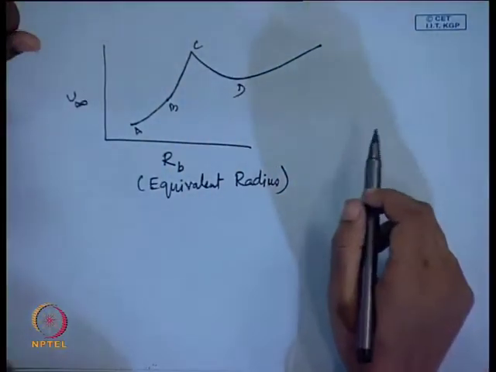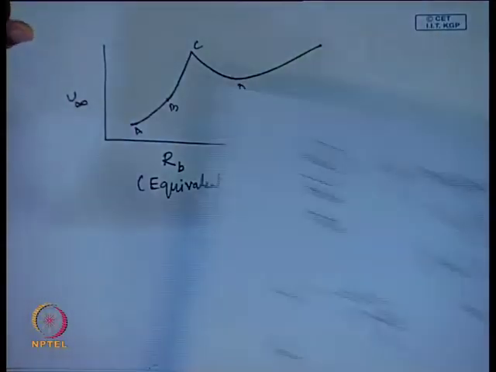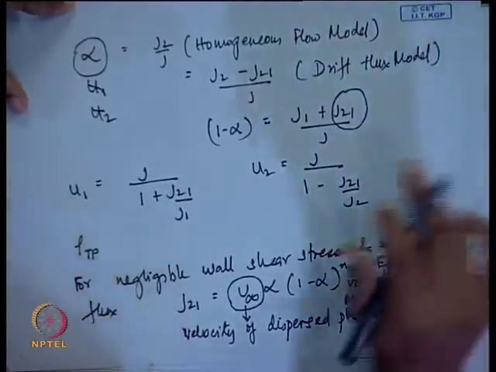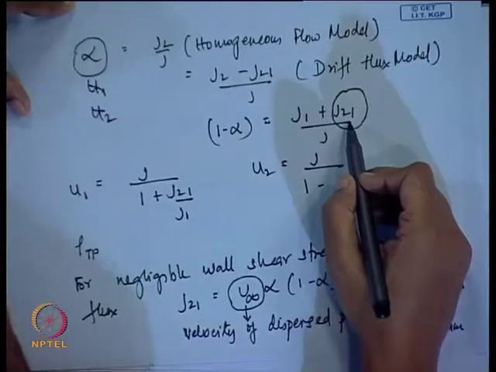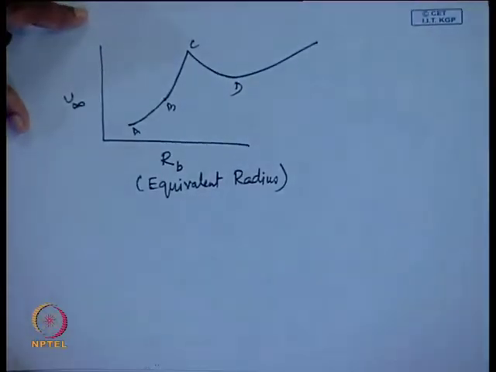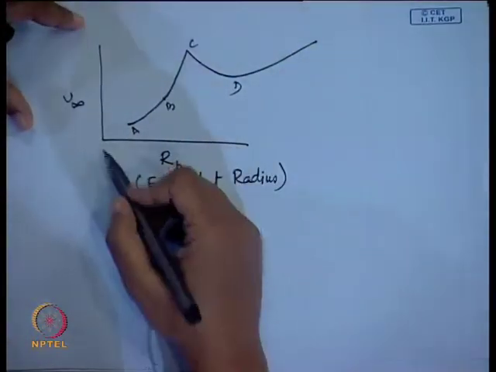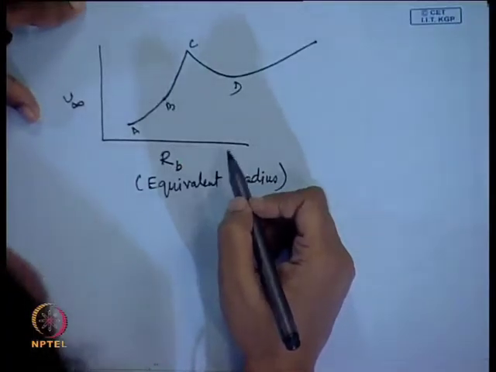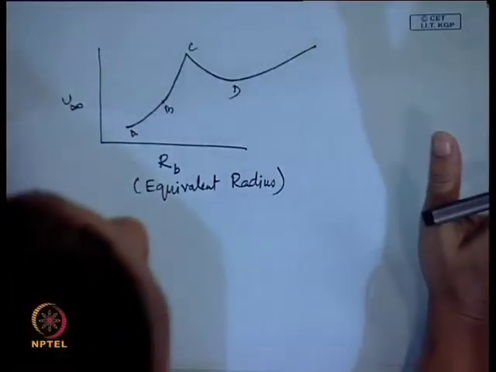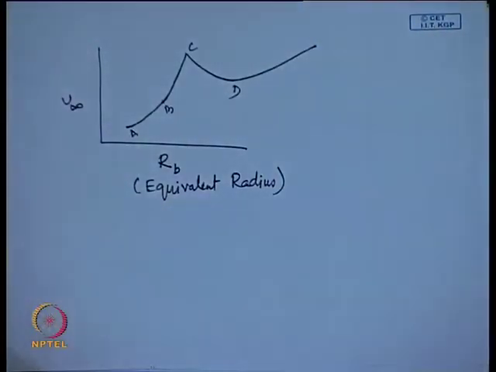So, in order to find the pressure drop or any particular property of the bubbly flow pattern, we need to know J21. Now, J21 is a function of u infinity and alpha. We will also find n, which is also a function of the bubble radius. So, we need graphical or analytical expressions to express u infinity in terms of some bubble parameter. It can be the equivalent bubble radius or something of that sort.